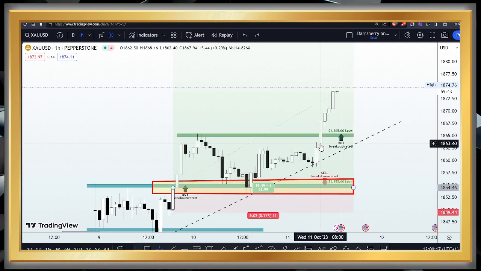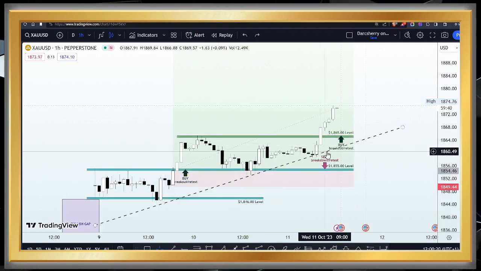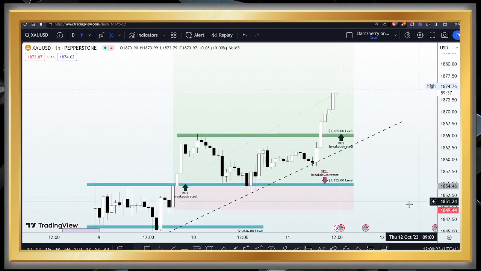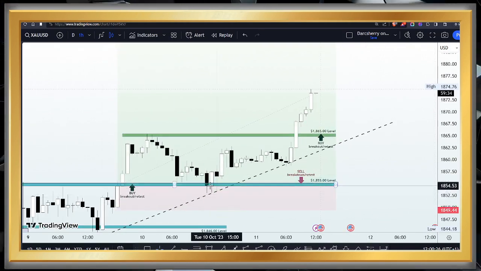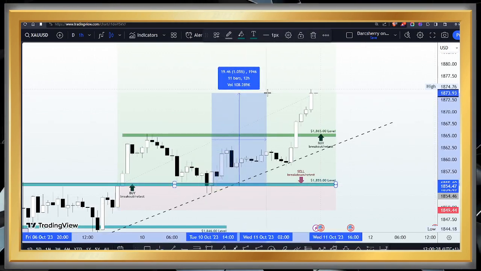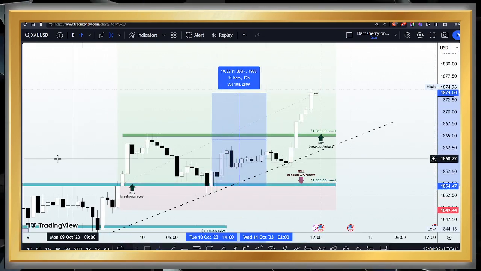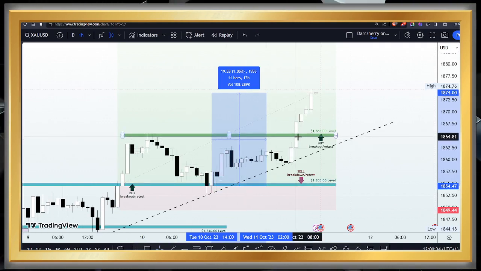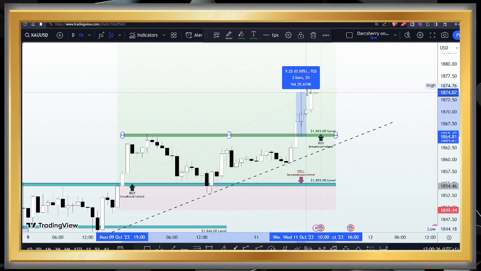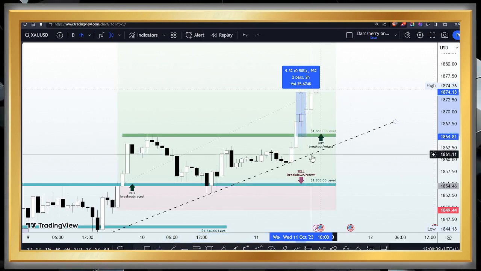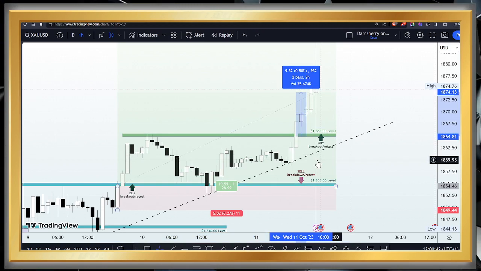So at this point in time, we should be having a minimum of 2 positions running in profit on the XAUUSD. Now, if you look at what we have here, the first position currently is running with about 195 pips in profit, while the second buy position at the breakout of the 1865 is running with about 90 pips in profit. So we have roughly 300 pips in profit from 2 buy positions on the XAUUSD, which is not a bad number for the first half of the week. And once again, congratulations to everyone who are taking advantage of this opportunity.